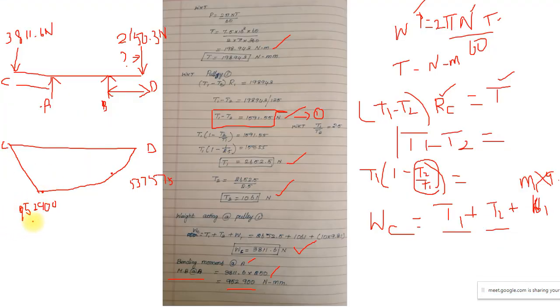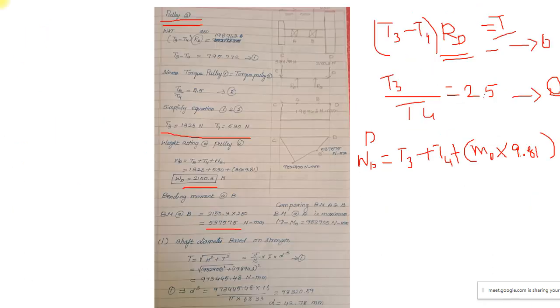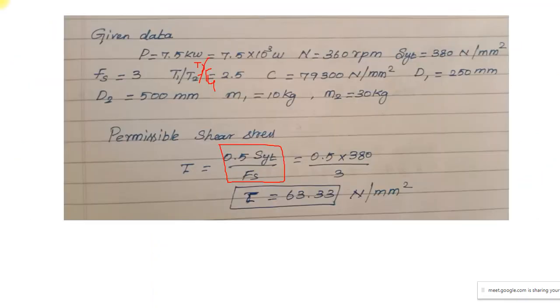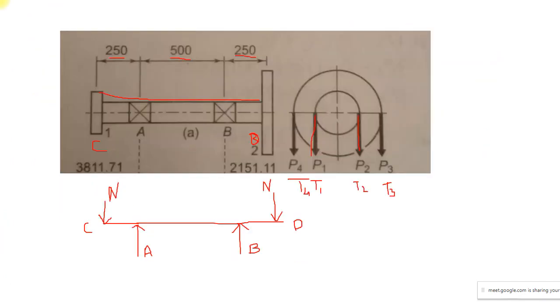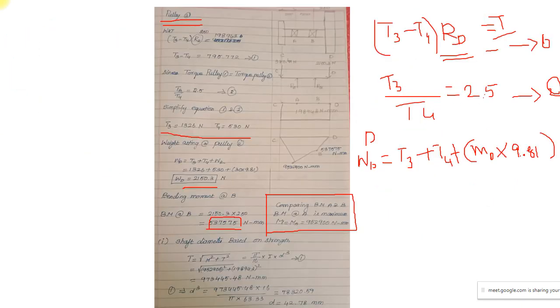Look here, 952900. See here, you can see it here, 952900. What is the value at B? 53755. So as Chandru and Jayakumar told, the bending moment at A will be maximum. I have written it here. Comparing the bending moments at A and B, the bending moment at A is maximum. So M is equal to MA, which is nothing but 952900 Newton meter. For my formula, which I told earlier, I need the M value and the T value. I have found both values. So for the shaft based on strength, I can use this formula.